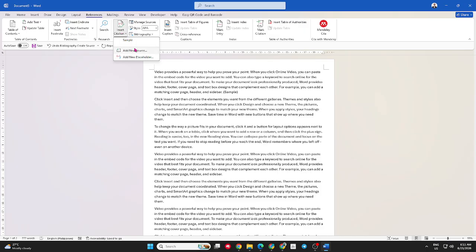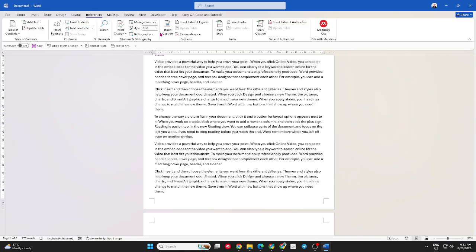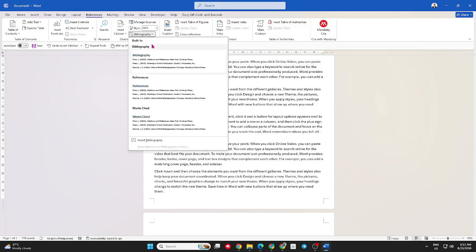Once you have added the sources you need, place your cursor at the location where you want the bibliography to appear. This is usually near the end of the document. Go back to the References tab and look for the Bibliography option. Select it to view the available bibliography formats. Choose the bibliography style you want to use, and Microsoft Word will automatically create a bibliography based on the sources